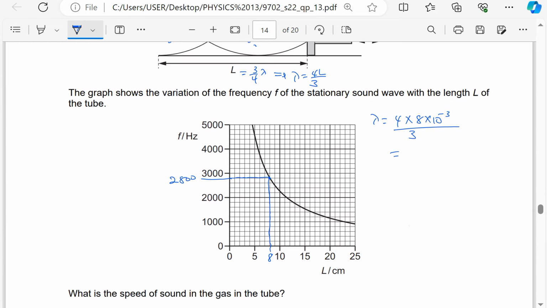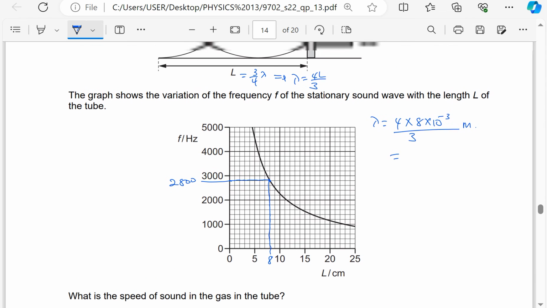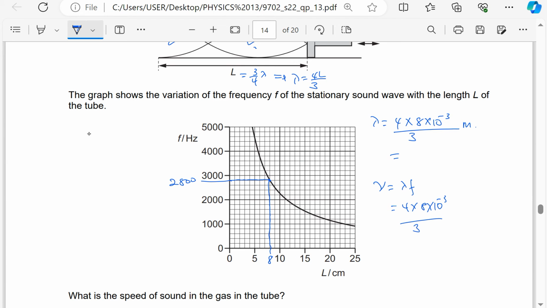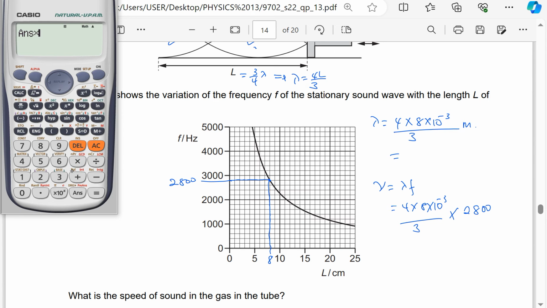Let me leave it as that, in meters. Then we want the speed of sound, so I'll use v equals lambda times f. The wavelength is 4 times 8 times 10 to the power of minus 3 divided by 3, then times f, where the corresponding value of f is 2800. So I'll say that answer times 2800, which is giving me